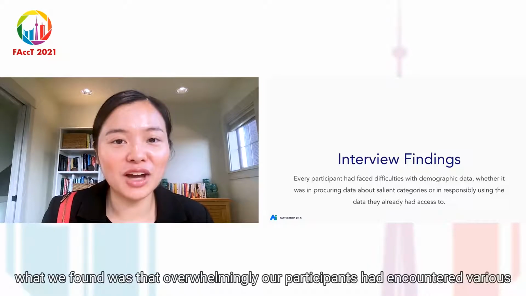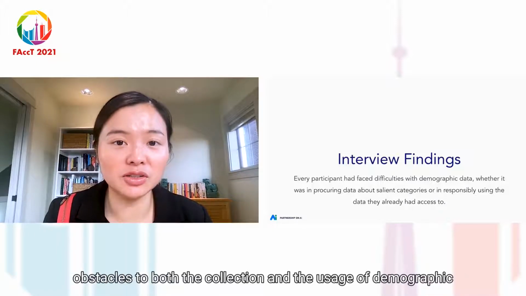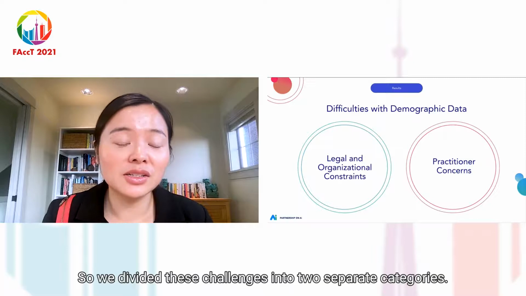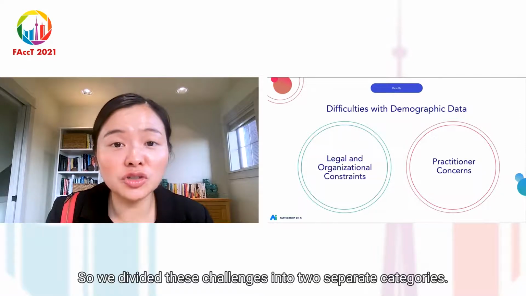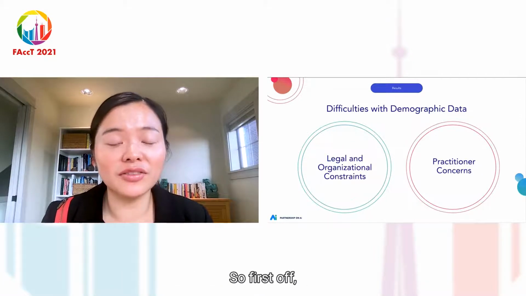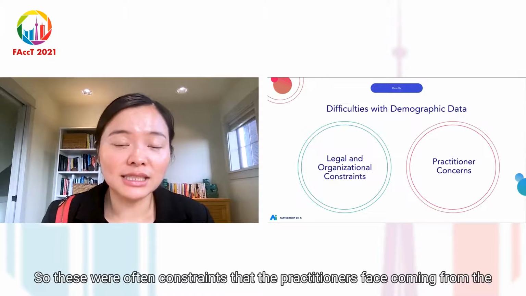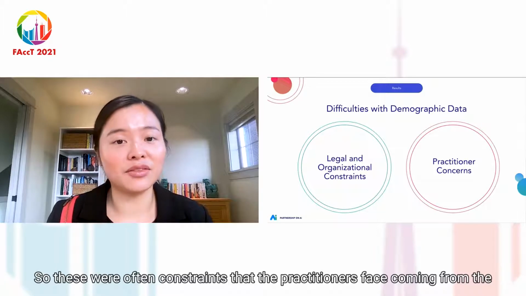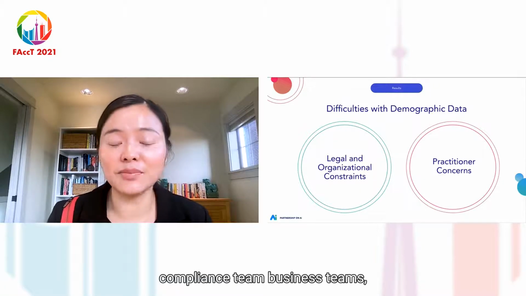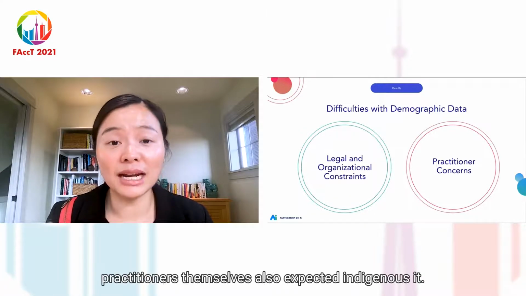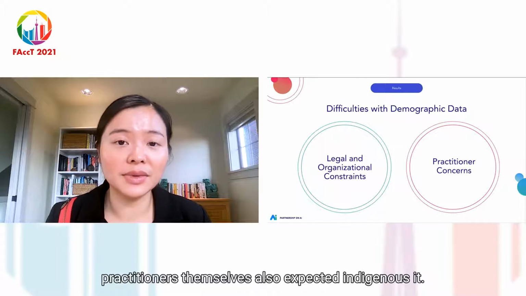Overall, what we found was that overwhelmingly, our participants had encountered various obstacles to both the collection and the usage of demographic data in service of fairness goals. We divided these challenges into two separate categories. First off, there were legal and organizational constraints. These were often constraints that the practitioners faced coming from the legal team, compliance team, business teams, and so forth. In addition to that, though, practitioners themselves also expressed